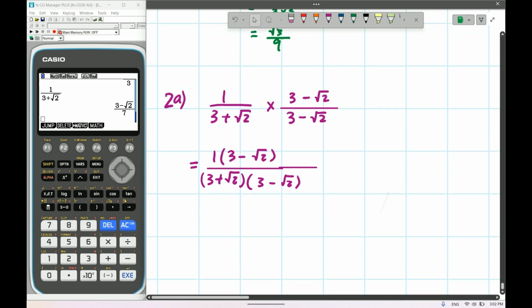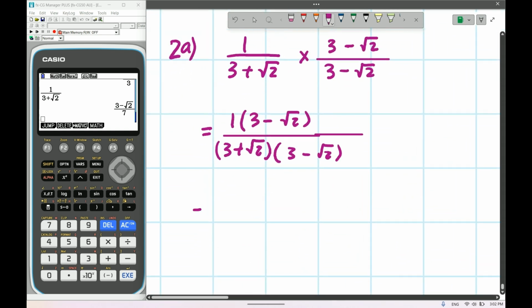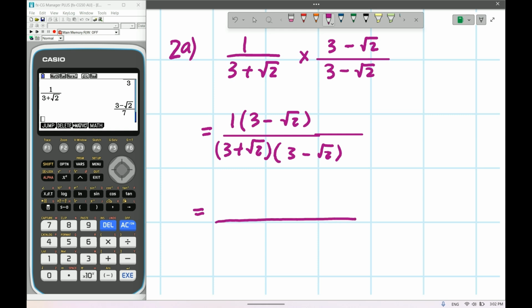Okay. And so now we just try to expand our brackets a little bit. And if we do it correctly, we won't have any square roots on the bottom. All right, so let's expand the top. So the 1 times a 3 will become 3. The 1 times a minus 2, negative root 2. Cool. And if you have a look on the bottom,